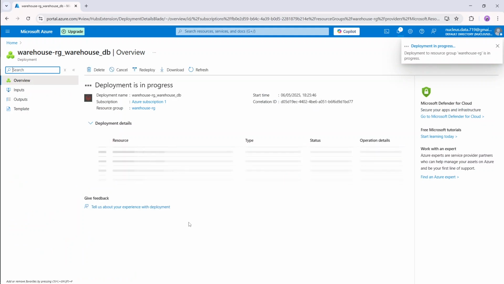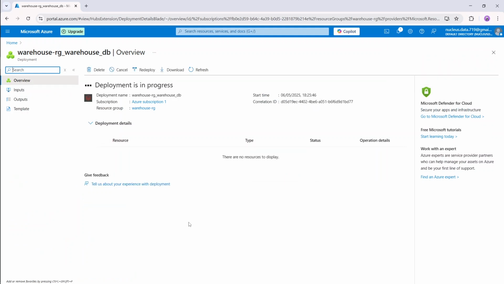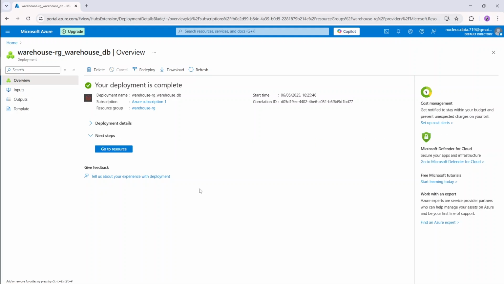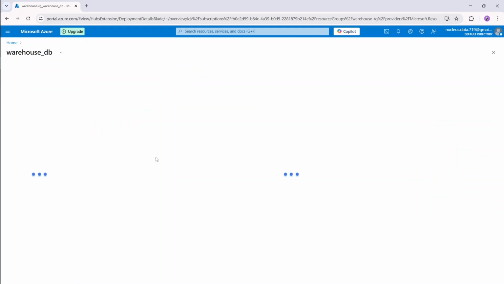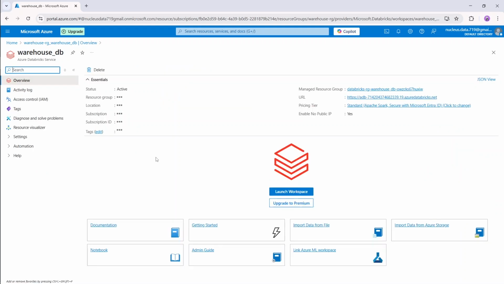It will take about 5 to 15 minutes for Databricks to deploy. Once the Databricks is deployed, click on Go to Resource, Launch Workspace,